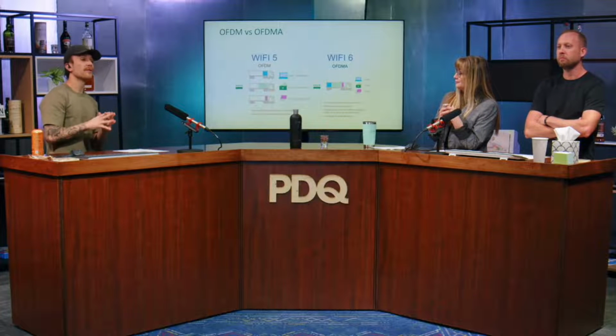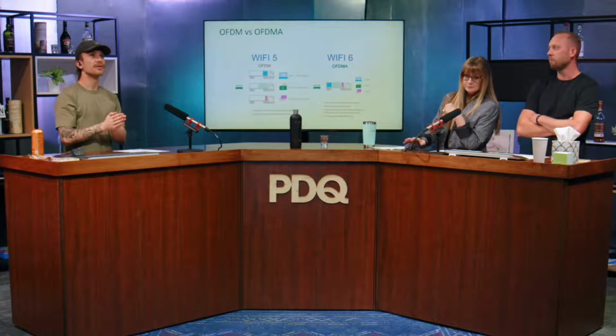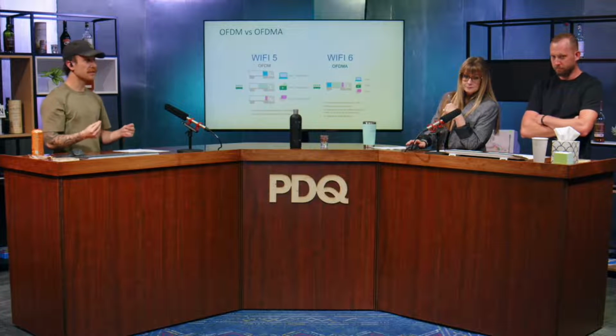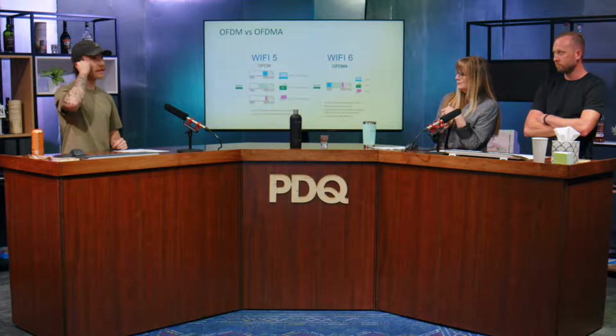If you're ever looking at a technical sheet for an AP, 802.11ac is Wi-Fi 5, 802.11ax is Wi-Fi 6, and 6E counts as 802.11ax, but I would really want to emphasize that you have to pay attention when a distributor gives you a 6E capable access point, because it literally has new antennas, or it can now exist in a new radio spectrum, right? 6 gigahertz. Do you really need it?